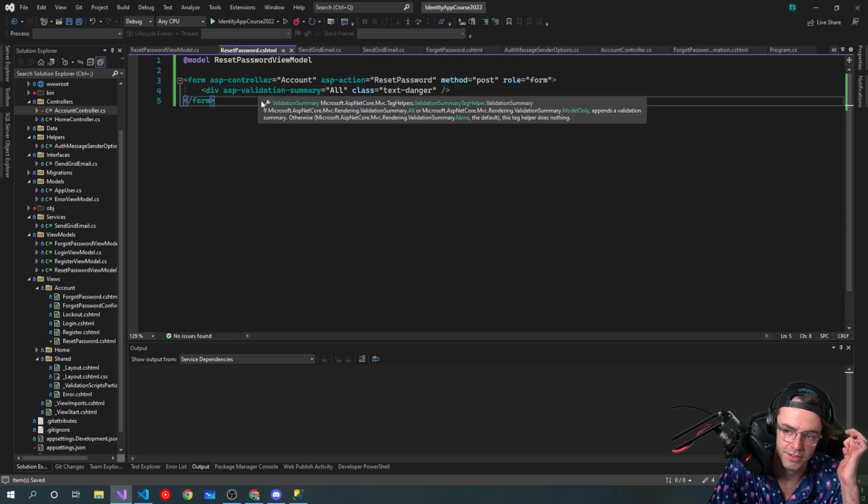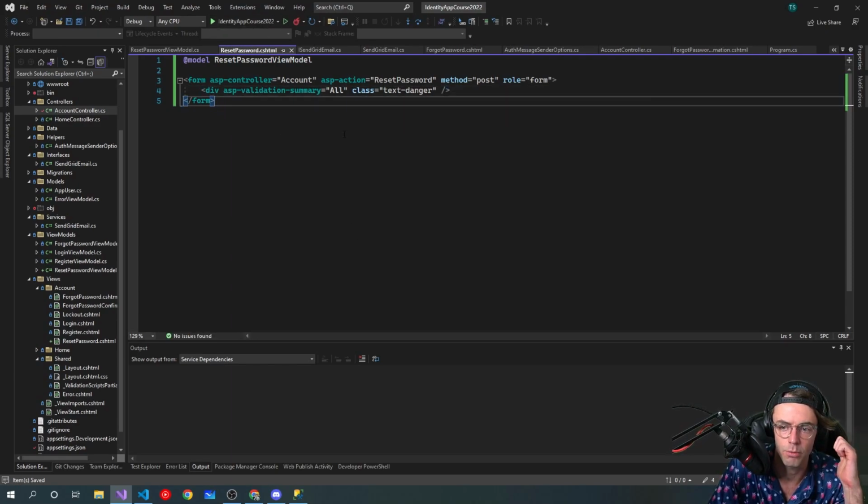What Asp Validation Summary does is it will show all of the validation errors. So if you get another validation error, if there's some other type of model error, it's going to display it up at the top as opposed to for each individual form. And I'll show you kind of,